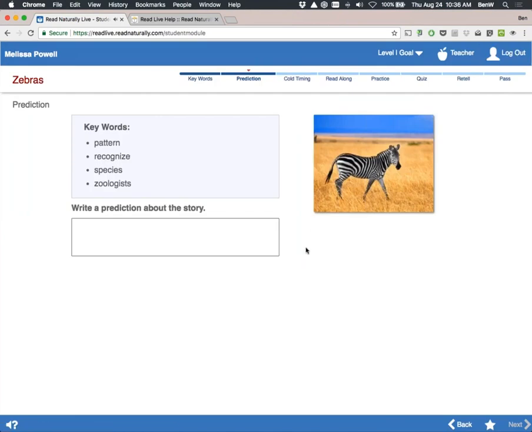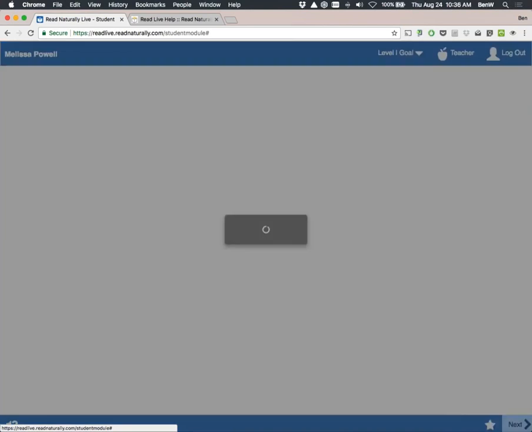Look at the story title, keywords, and picture. Write a prediction about the story. So I'll just type Then, something into this click box Next to continue. to move us forward. So once a student has typed their prediction, they'll click Next, keeping in mind that up to this point they've been working independently.